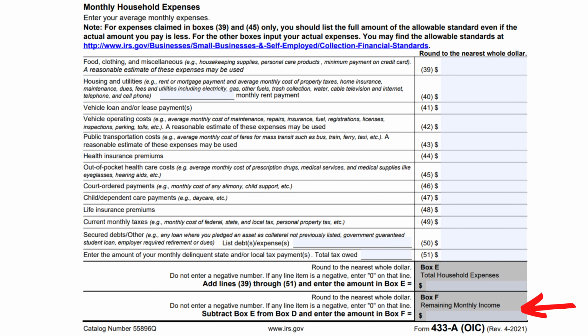All right, now that you've determined your excess monthly income here in box F, you have to multiply it by a future income multiplier of either 12 or 24 months to arrive at the income component of your reasonable collection potential to calculate your offer amount. Now, 12 months is obviously preferable to 24 months, because if you use 12 months, your offer amount will naturally, mathematically, only include half the income component than if you were to use 24 months. But to use 12 months, the 12-month multiplier, you have to pay your offer off within 5 months after offer